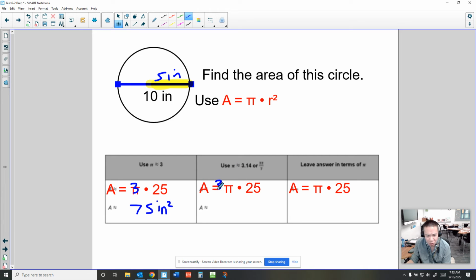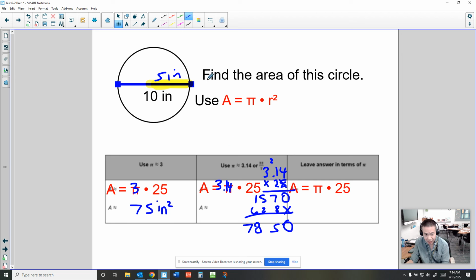What if I want to be a little more exact and use 3.14? 3.14 times 25. Let's multiply this. 5 times 4 is 20. Carry the 2. 5 times 1 is 5 plus 2 is 7. 5 times 3 is 15. Now we're in the tens place. 2 times 4 is 8. 2 times 1 is 2. 2 times 3 is 6. If I add this up, I get this